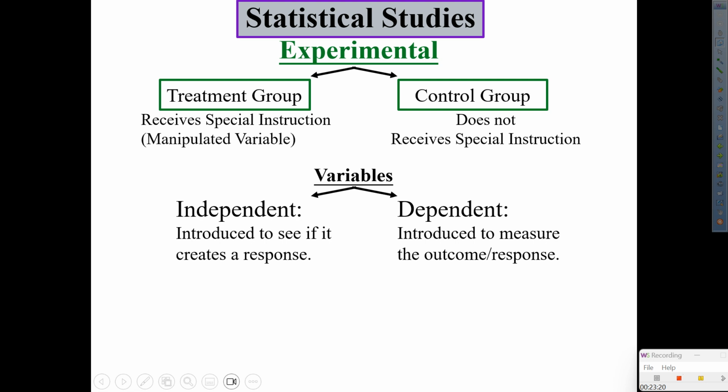So copy that really quick before I talk about the third one. All right, so as you are sending your notes in on the previous one, tell your neighbor the difference between treatment group and control group without looking at your notes. What's the difference between treatment group and control group?